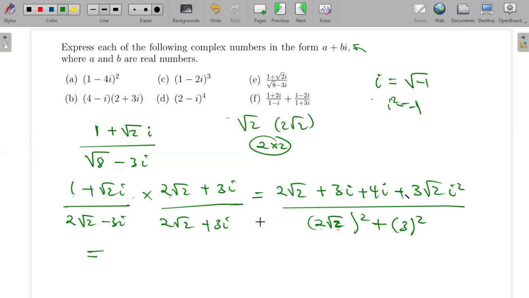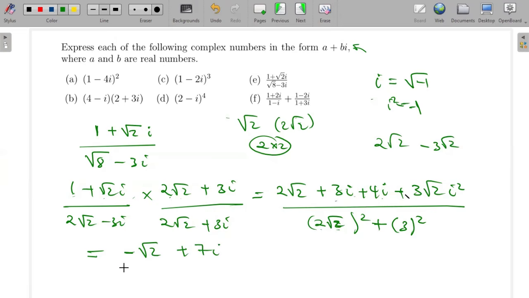So this here is going to give us on top there, you're going to have this I squared. I put that negative, so I get that to be -3 root 2. And then I can now add this. So 2 root 2 minus the 3 is going to give me negative square root of 2. And then there you can add the 3 plus the 4 gives me